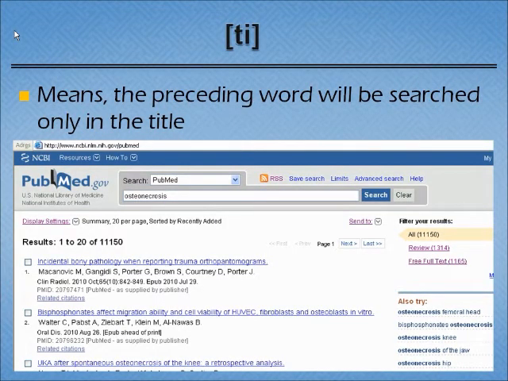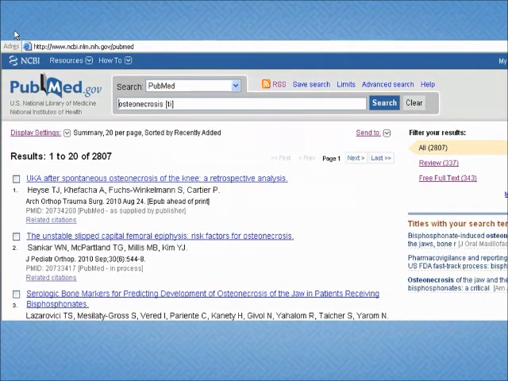For example, TI. If we use this word, at the end we reach the results which include the keyword that we enter in the title. For example, osteonecrosis[TI] gives results with the osteonecrosis word included in the title.